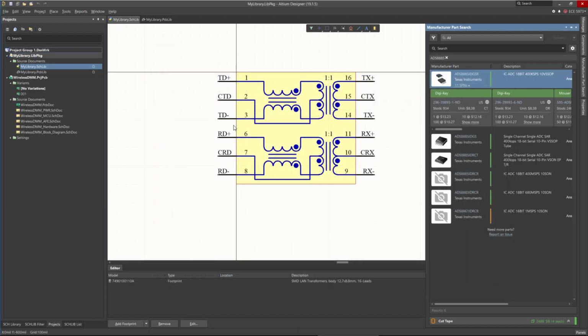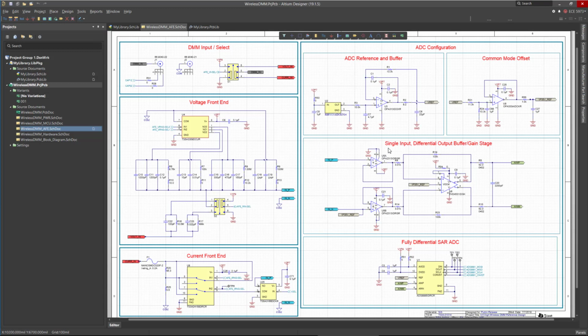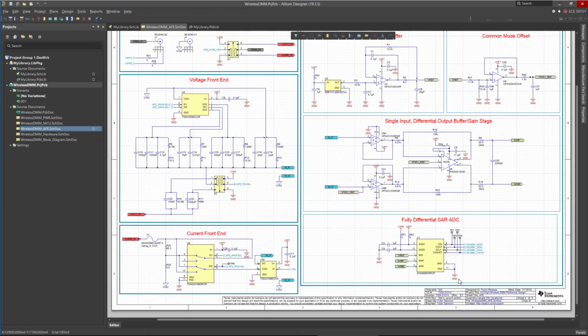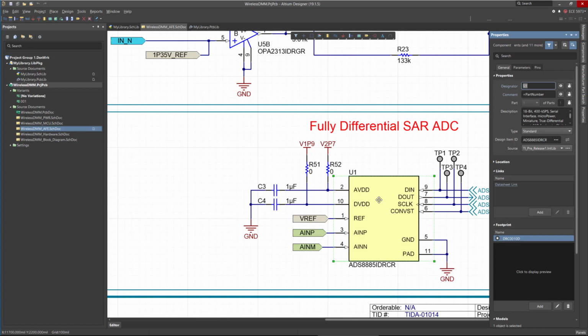This is the project. Here we go. So we have power, MCU. Here we should find the digital analog converter. Here is the digital analog converter, and if you double click on it, it says the source for this one,